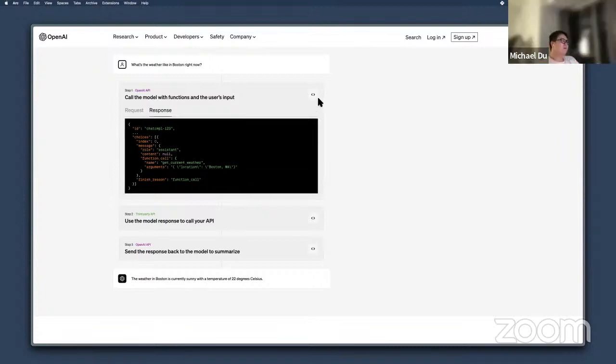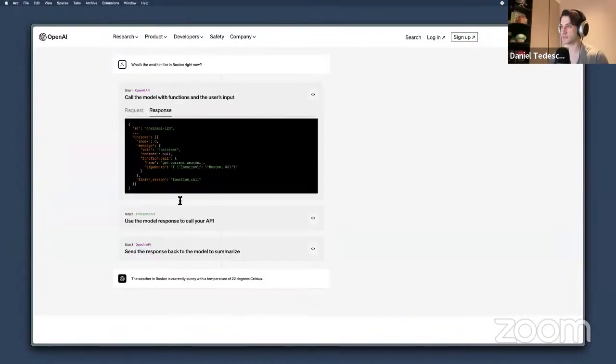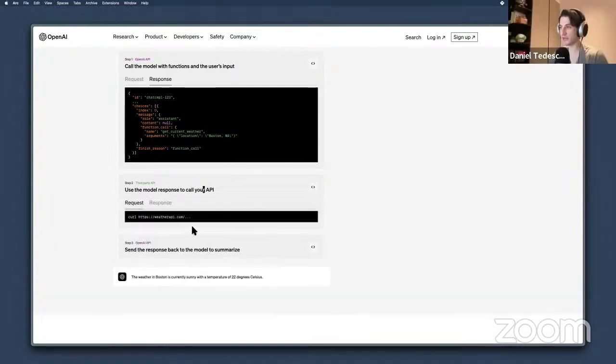Right, and actually I think this example is good. You call the model with functions and the user's input, and then the response gives you the arguments and the function name, and then you use the model response to call your API.